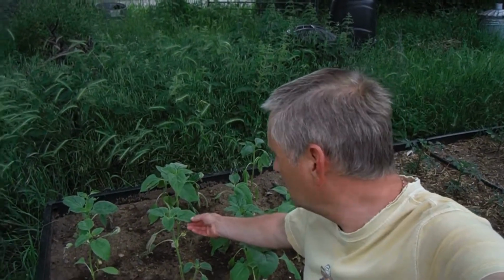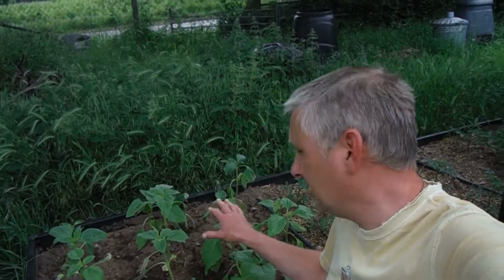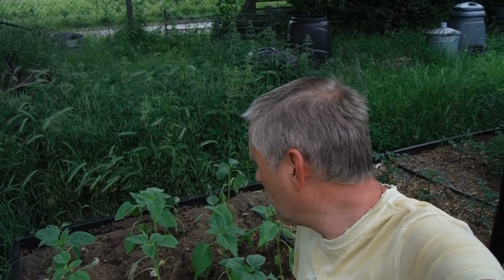Now here are some sunflowers. They've just been taken out of their pots and planted in there. We're going to use the seeds for these. There's not very many, but we're going to use the seeds for our chickens and our goats to eat. The plan is that in the future we're going to be growing a massive patch of these, probably about 15